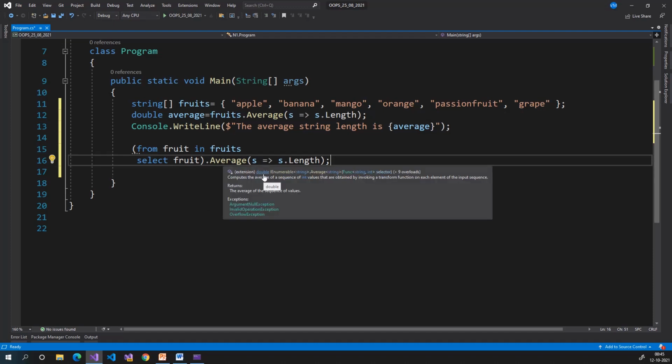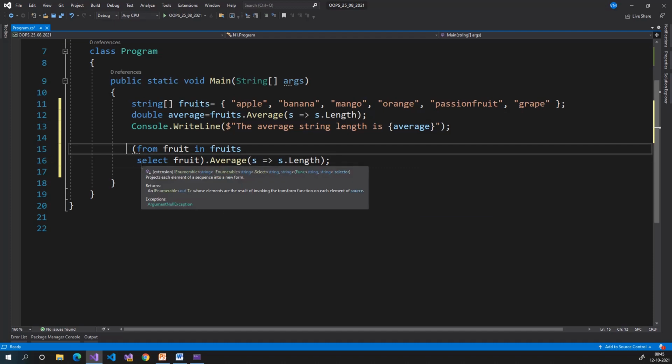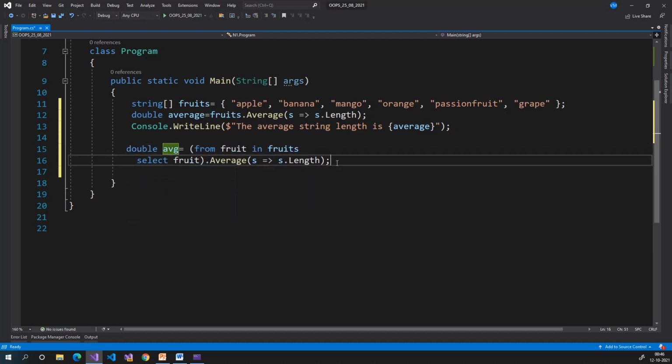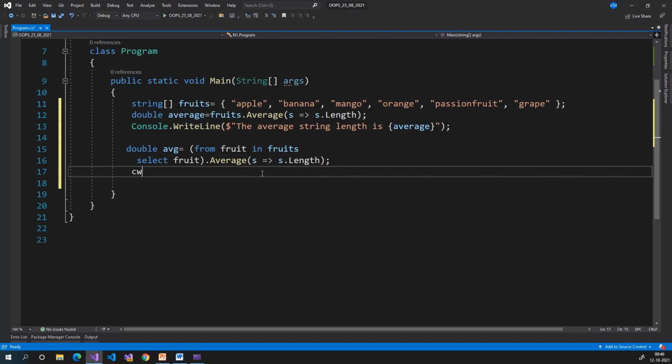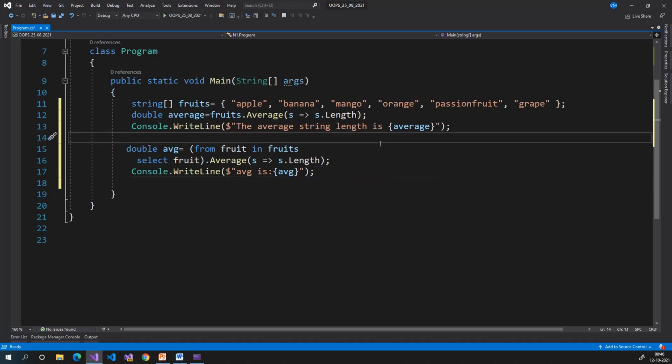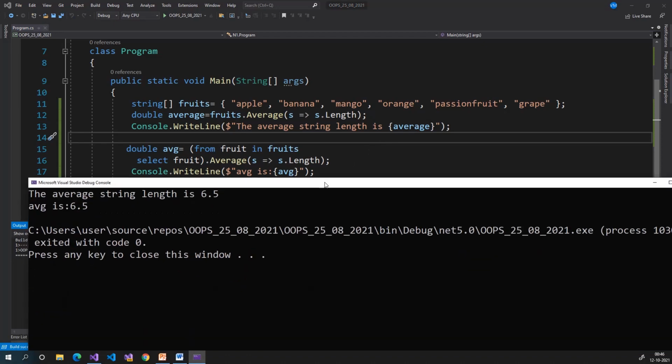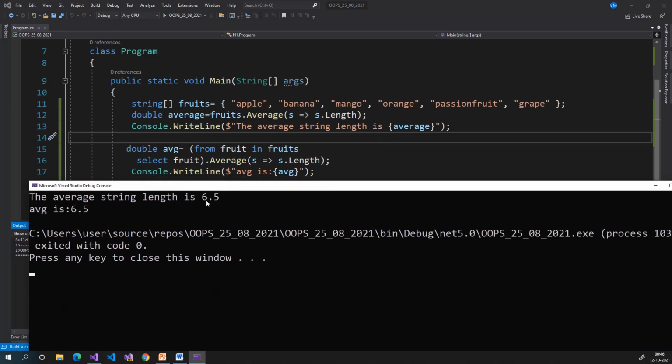We need to store the output in a double variable. Declare a double variable, double average, and print the output with Console.WriteLine, "Average is", avg. Execute this code, Ctrl F5. Here we are getting the output line: average string length is 6.5, average is 6.5. We are getting the same output for method syntax and query syntax.